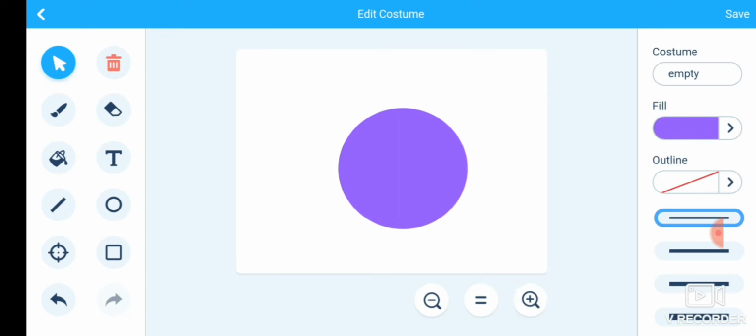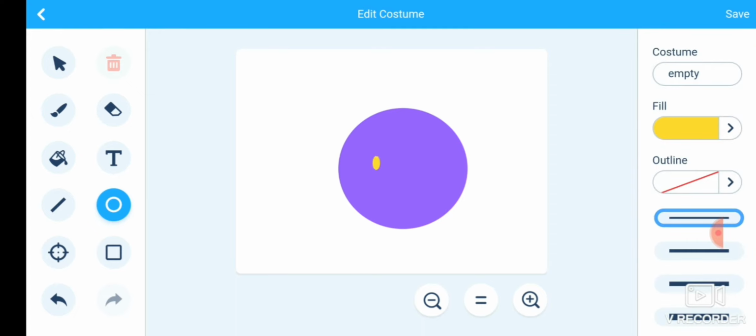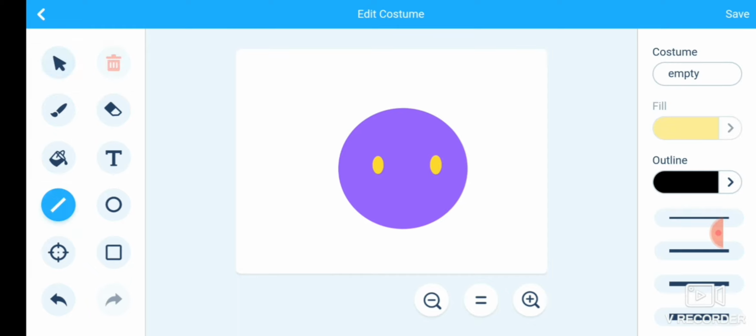On this circle we will design the face of the snake. Choose the circle option and choose any color. I have chosen yellow color to make the eyes of the snake. Then make a face.